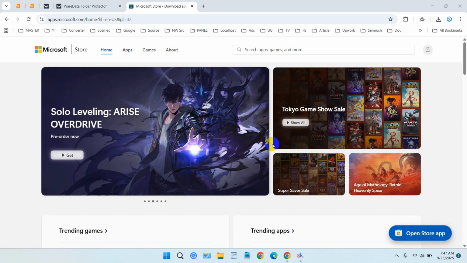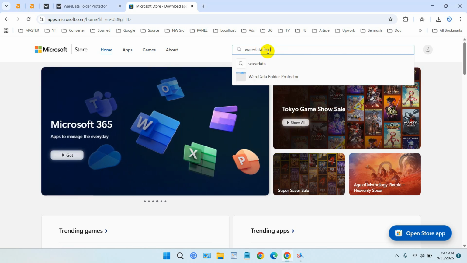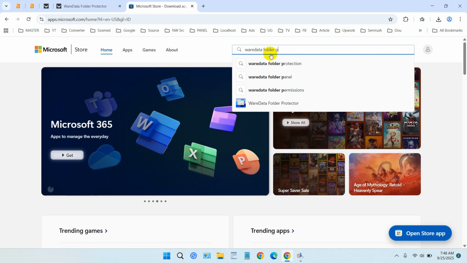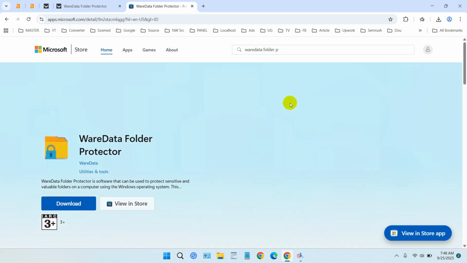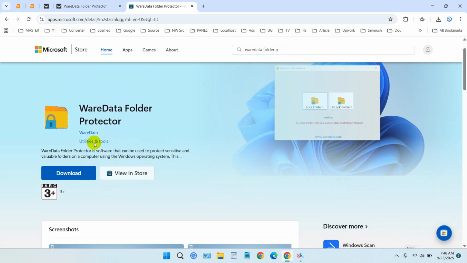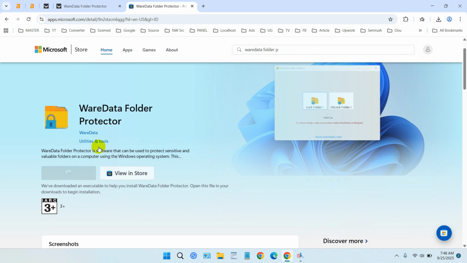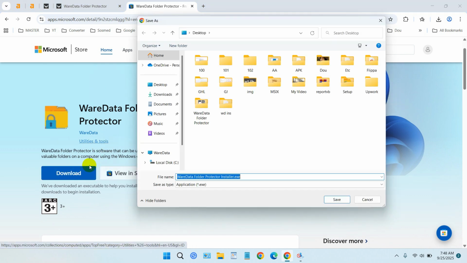Here, we are happy to announce that WareData Folder Protector is available on Microsoft Store. You can install via Microsoft Store. You can just find the WareData Folder Protector like this. Okay, you can see WareData Folder Protector, and you can download the WareData Folder Protector to start the installation and